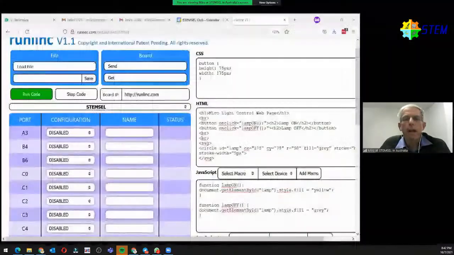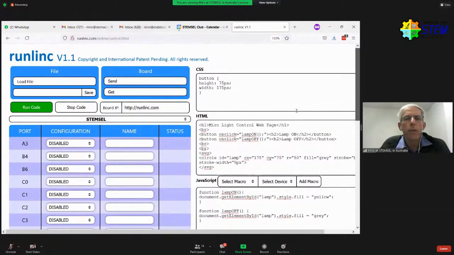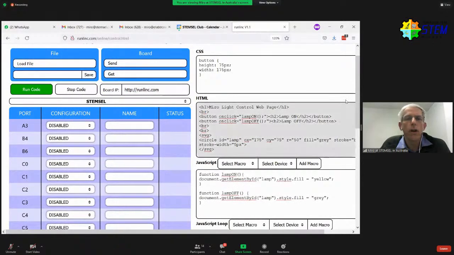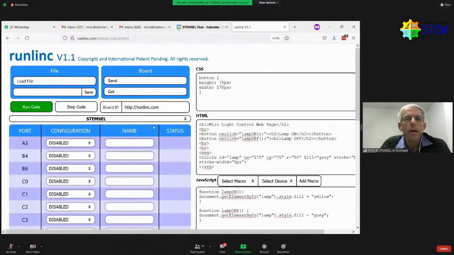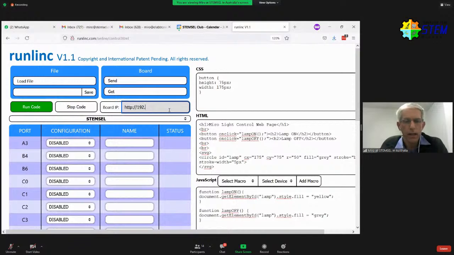So, go back to my code. First of all, at the moment, this Runlinc page is not connected to my kit, because it's just the online Runlinc. But my kit on my computer actually is connected and turned on, the Wi-Fi kit, and it has a number which I can put in here, the board IP. And if I simply type in the board IP instead of the online Runlinc